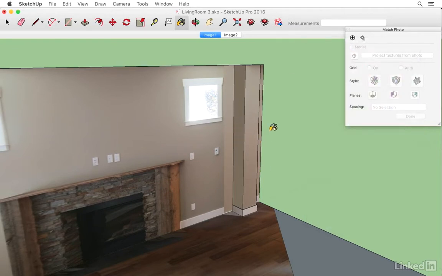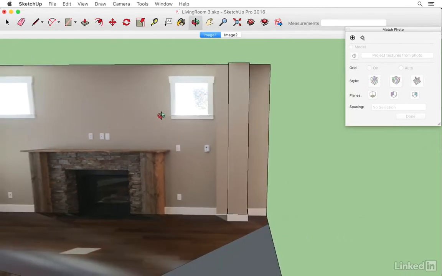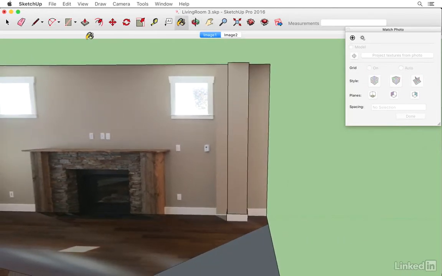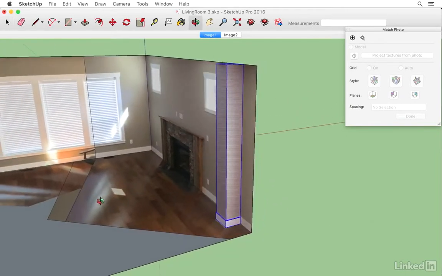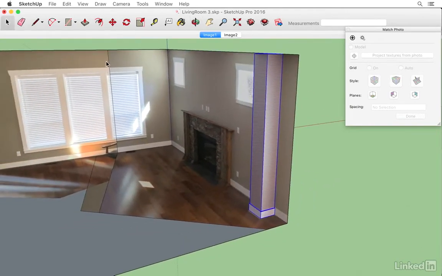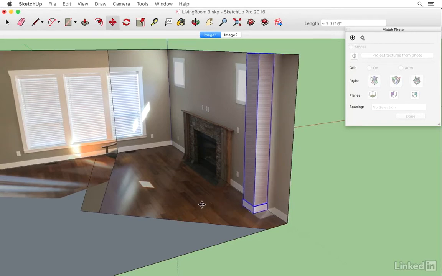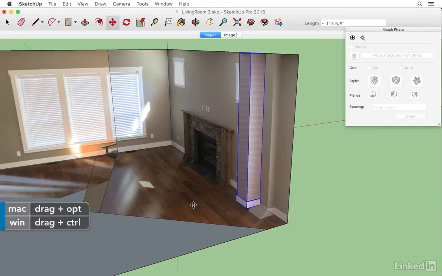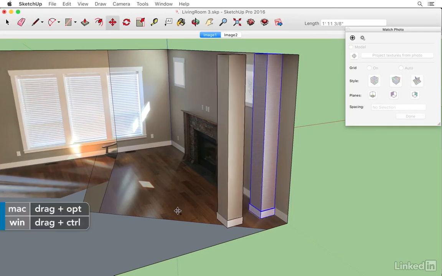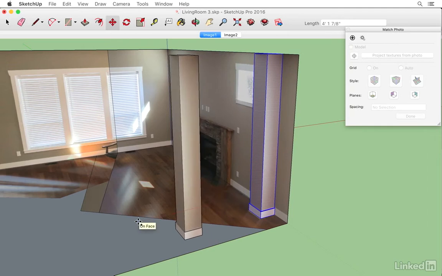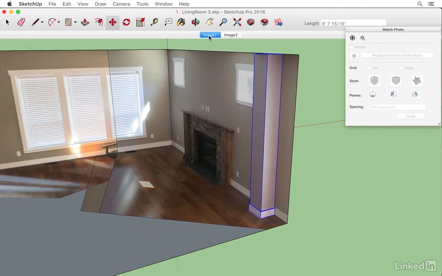Now, the next thing that we're going to do is create a column that is identical to this pilaster. Again, I'll orbit into the elevation view and then make a window around all of that new geometry. Then I'll orbit this way, and I will use the Move tool in copy mode. So the way that that works is you start moving by clicking a point, and then you press and release the Option or Alt key to go into copy mode. Now I'm copying. I'll go into the Image 1 scene,